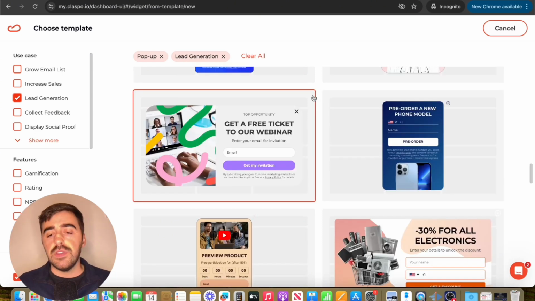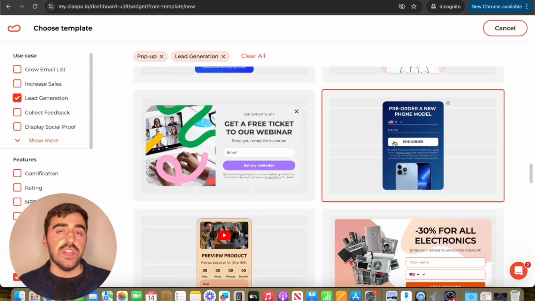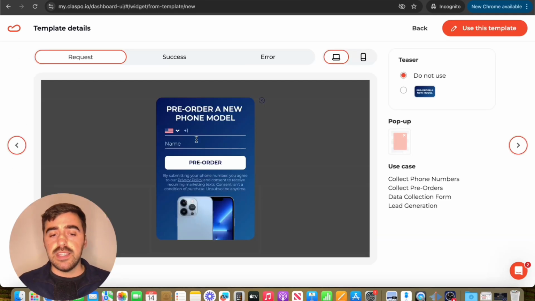I've had a look around and I found this template right here, which is the one I'm going to go with. As you can see, it says pre-order a new phone model, so I can customize this template to my particular product and what I'm looking for. This is what this template is going to look like by default. So what I'm going to do here is go ahead and click on use this template in the top right